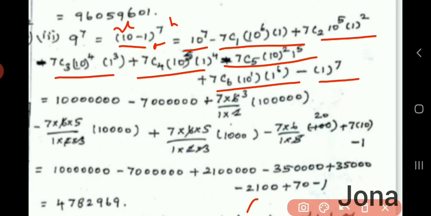minus 1⁷. You just notice, observe here that the power of 10 must go till 0. 10⁷, 10⁶, 10⁵, 10⁴, 10³, 10², 10¹, and here it is 10⁰. Likewise, that is 7C1, 7C2, 7C3, 7C4, 7C5, 7C6. The next term is 7C7 only. 7C7 is 1 only here. So that only we got like this. So we can easily identify like this.